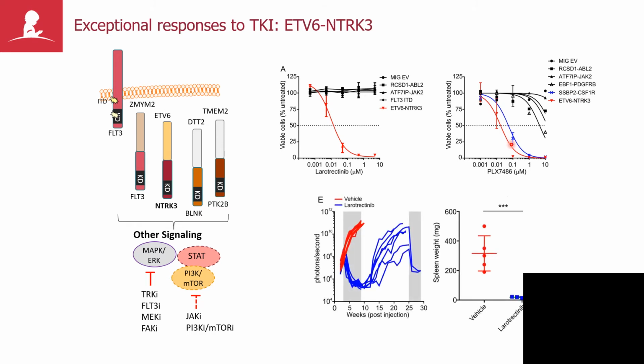From mouse models that I'm not showing here, if we knock in ETV6-NTRK3 in the B-cell lineage, we show striking development at a very early age of B-cell leukemia. And both engineered mouse models as well as human leukemia xenografts are exquisitely sensitive to larotrectinib, and these data are shown here, where these are untreated animals showing leukemia burden, and these are animals treated with larotrectinib, where we get essentially complete suppression of leukemia cell growth.